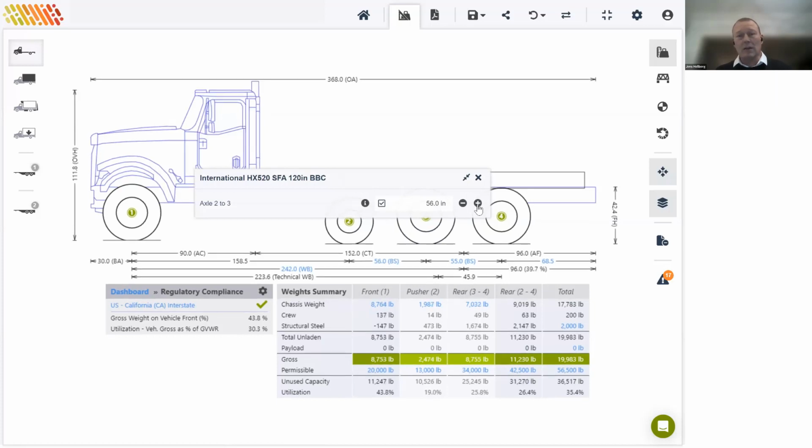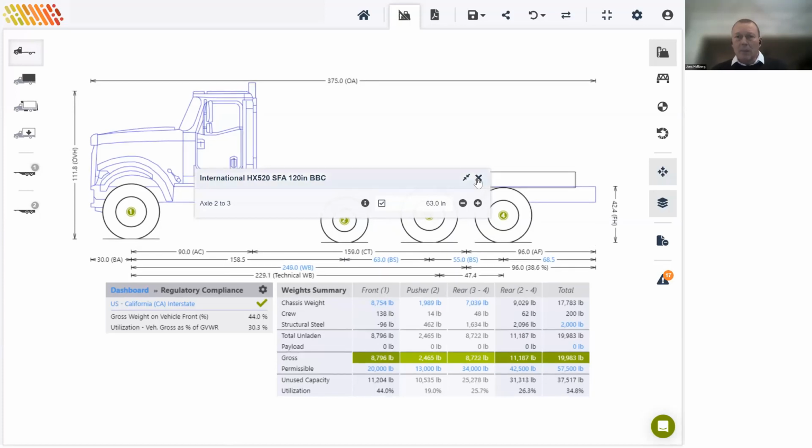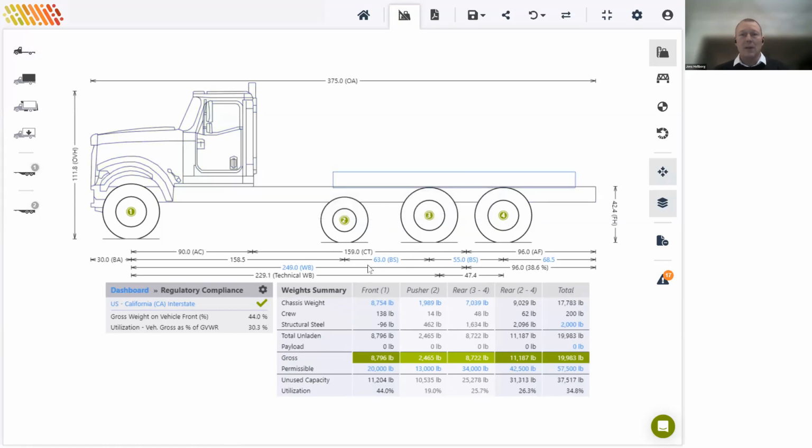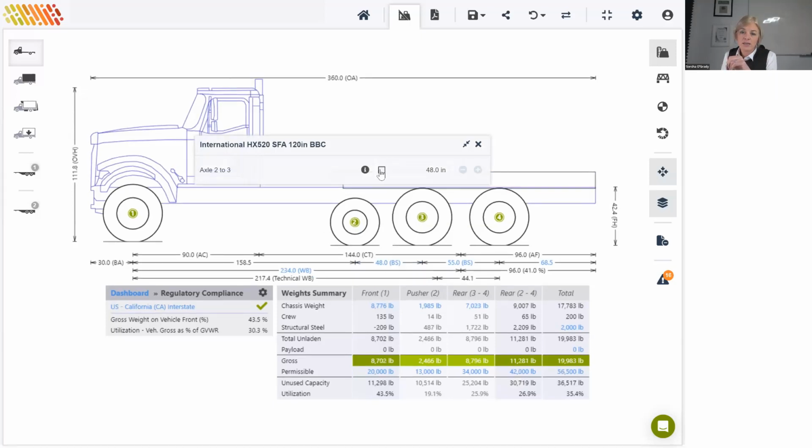Maybe you can also demonstrate how you got to that part in the menu to adjust the spacing. I simply clicked on the dimension underneath the axle 2 and 3, but then I guess something that you may have missed is this checkbox to override what the default was. So I first clicked on that override, and then you can type in whatever you need in there,